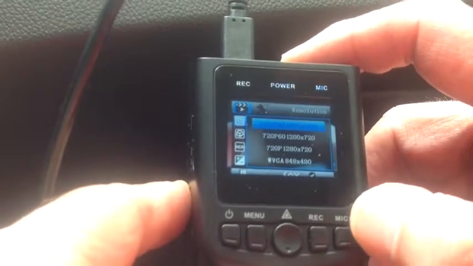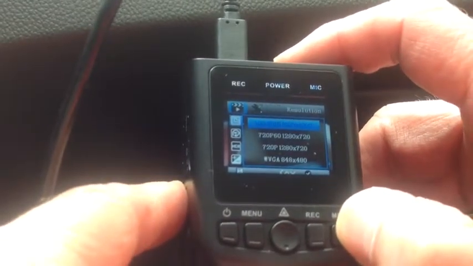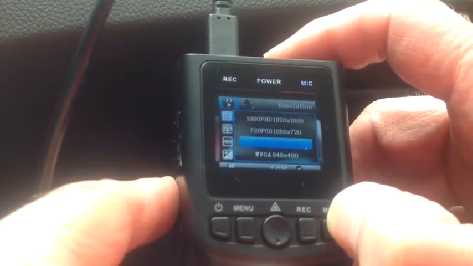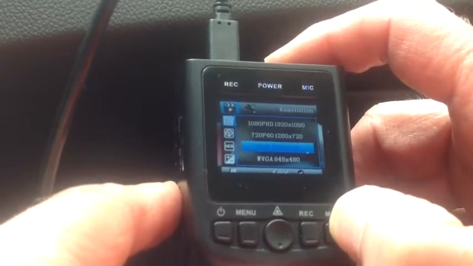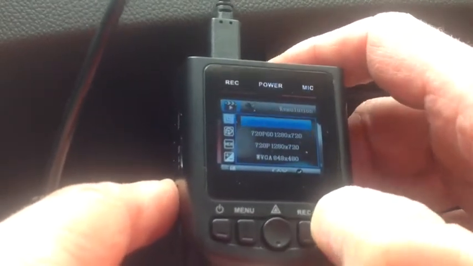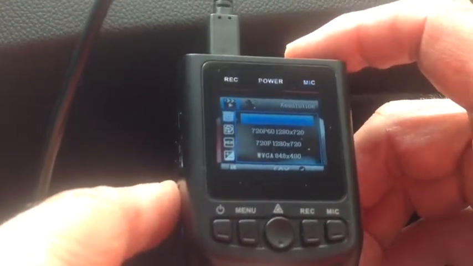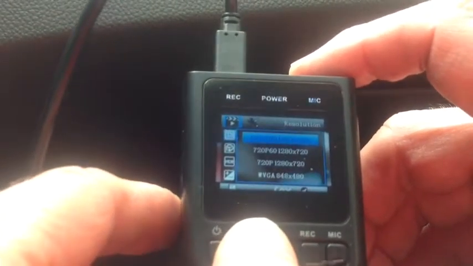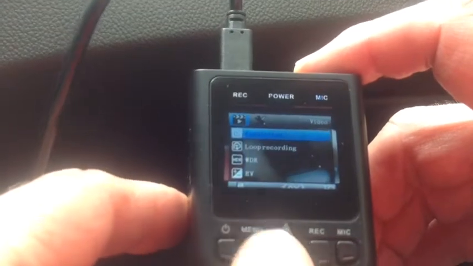By hitting the mic button, which is a down button, in this case, I can pick what resolution I would like. I personally like the default, which is the 1080, so I hit the triangular button again and go back